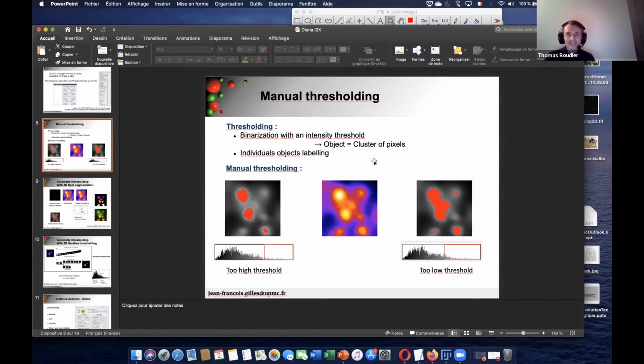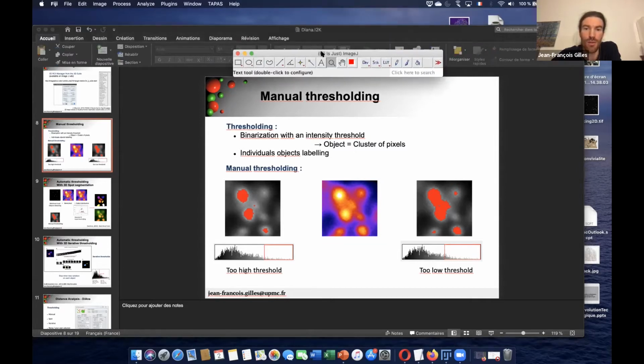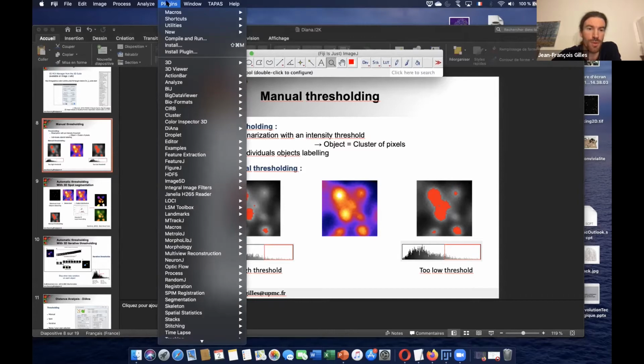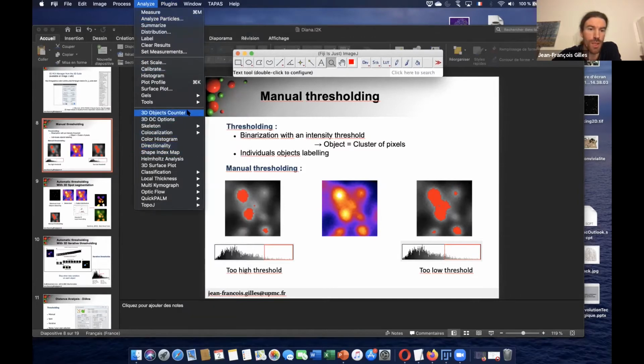So manual thresholding, you may know, in Fiji there is the 3D Objects Counter. I don't know if you know this.